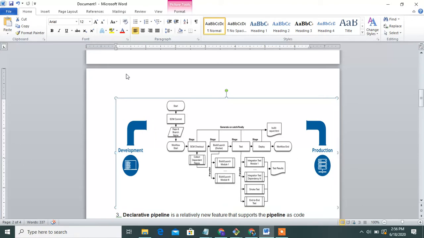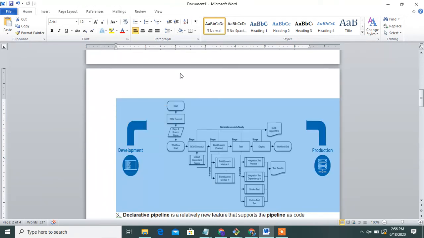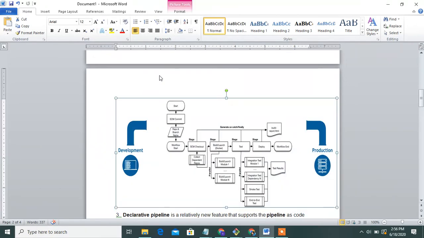How does it work in a declarative pipeline? First of all, start the scripting, store it in source code management, and write the branch repository. Then go to the workflow. Then write the stages: deploy stage, test stage, and checkout stage.